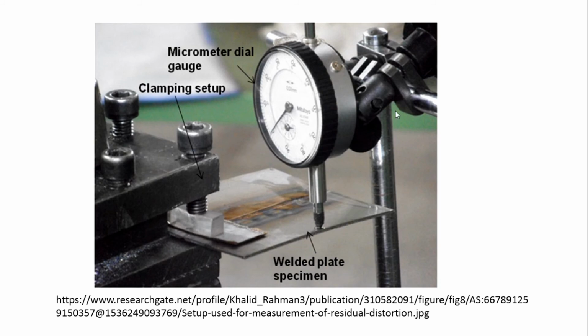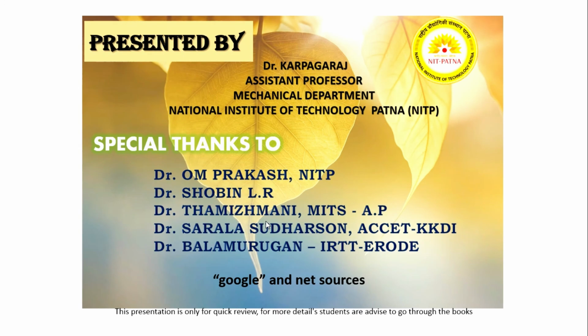So how do we measure the distortion? Yes, you can use a gauge, a measuring gauge or micro gauge, whatever it might be, and take readings at various locations, so that it will give some deviations. You have to measure what the center is and what the edge is. If you want, you can divide it into equal square parts. Then you can check the distortion at each and every point. Finally you can make a graph, which will show how much deviation or distortion has happened.